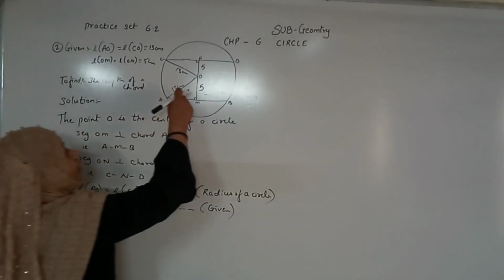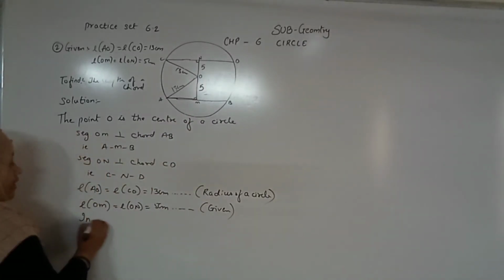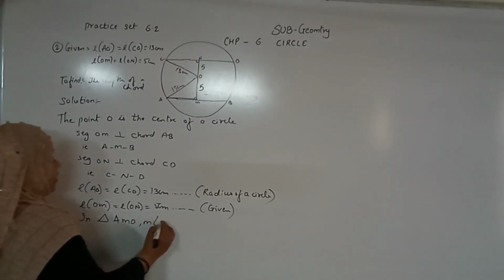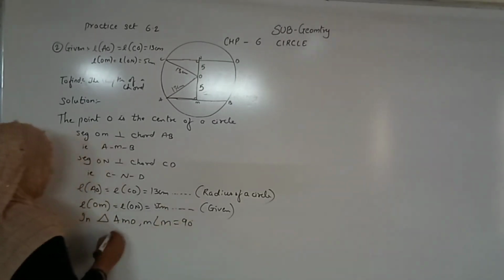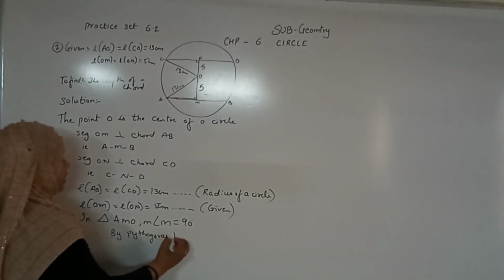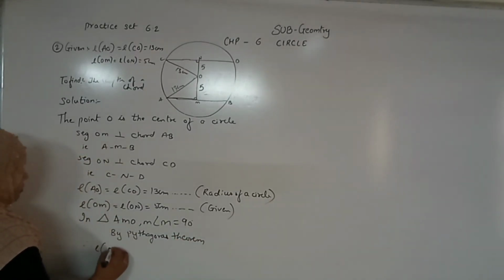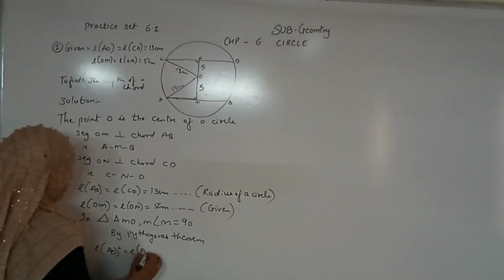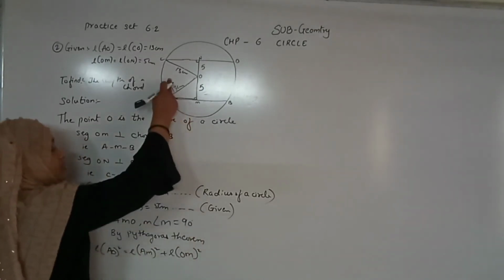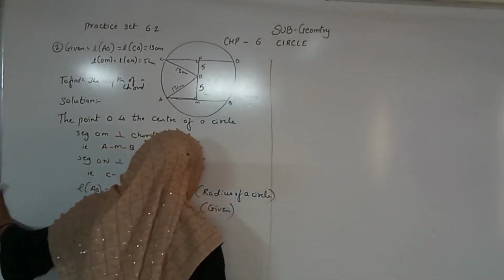Then now we will assume these are right angle triangles. सबसे पहले हम लोग क्या find करेंगे? AM find करेंगे. So we will go in a triangle. The triangle name is AMO, where angle M is 90 degree. So we will go for the Pythagoras theorem. What is the Pythagoras theorem? Length of AO square is equal to length of AM square plus length of OM square. 90 का opposite hypotenuse है, side 1 है, ये side 2 है. Done. Now replace according to the figure.